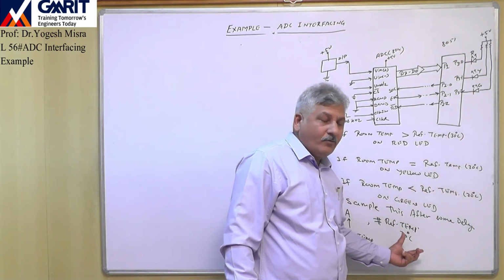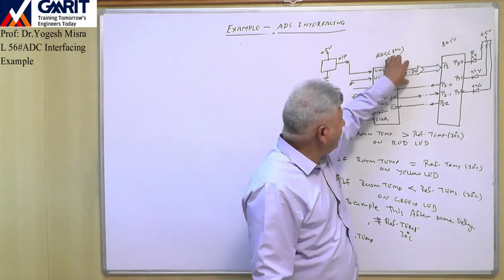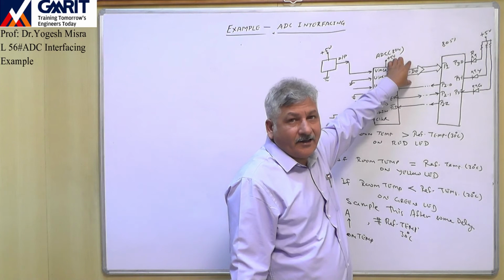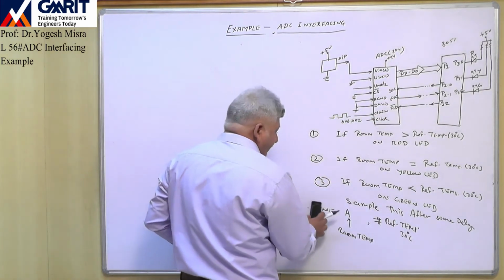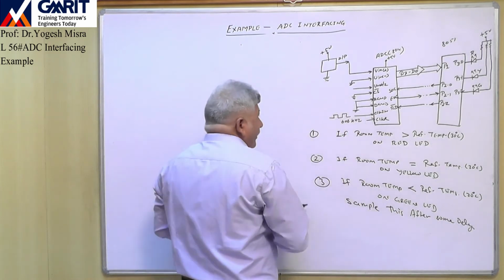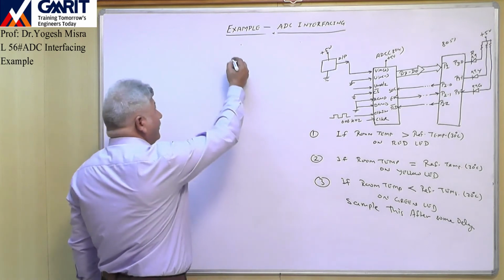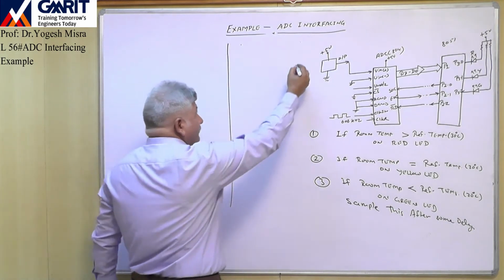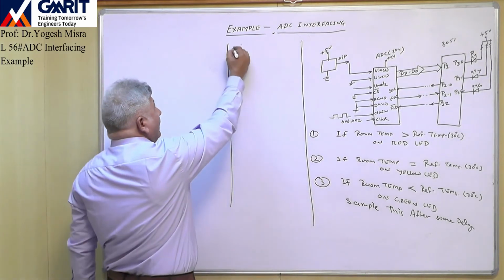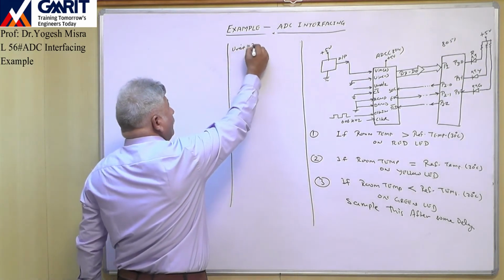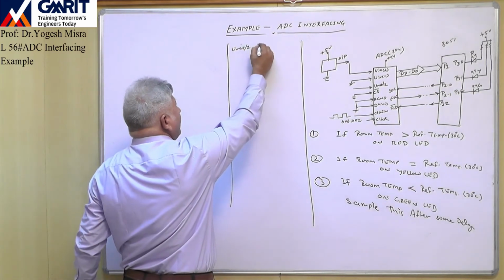So that value we have to calculate, right? Because for 30 degrees Celsius, what digital output will be generated by this ADC, that we have to calculate. So as per this diagram, since V reference by 2 is open,